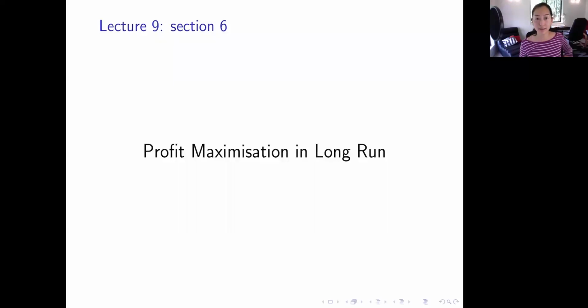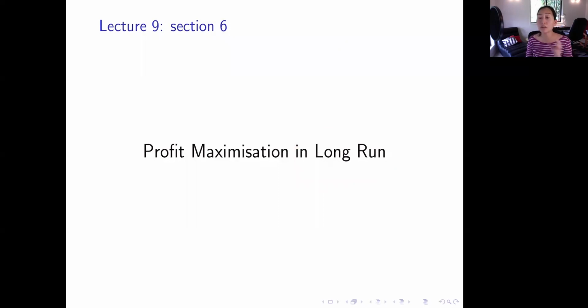In this section 6, we will be looking at the profit maximization in the long run. Previously, we learned the short run profit maximization problem, which would lead us to the short run unconditional labor demand that is downward sloping, right? When we fix capital. Now in the long run, obviously both